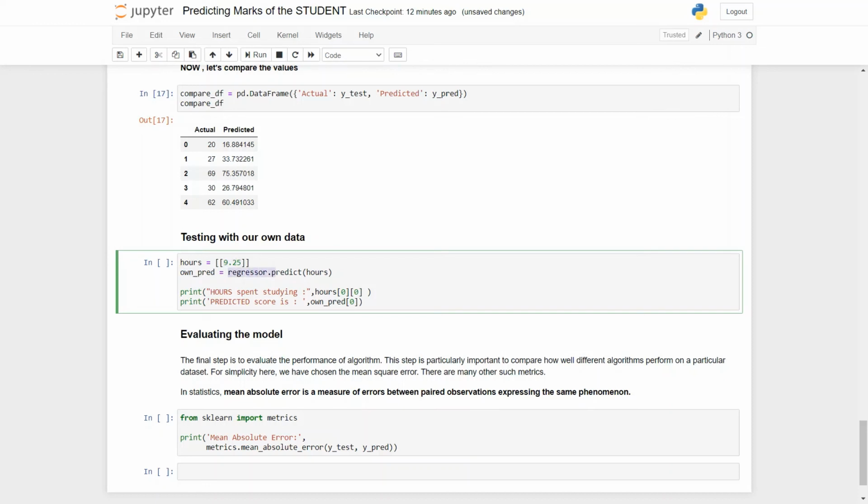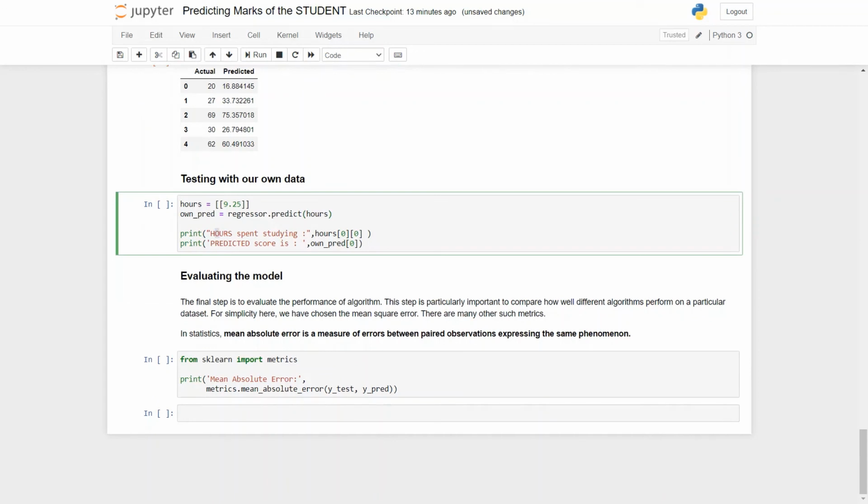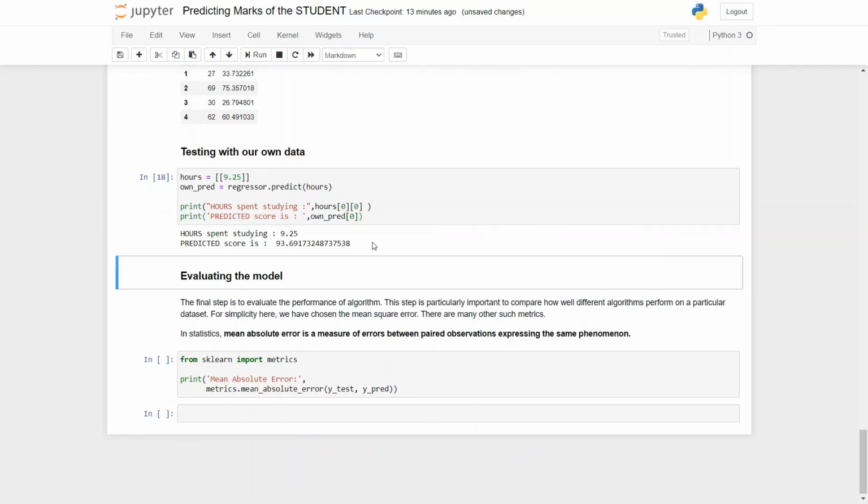We use regressor.predict, and as a parameter we pass 9.25 hours, and then we print the number of hours he spent studying and the predicted score that he will get after studying this number of hours. So let's run the cell. What we observe in the output is the hours spent is 9.25, as we mentioned, and the score he will probably get in the examination after studying 9.25 hours is 93.691 something.